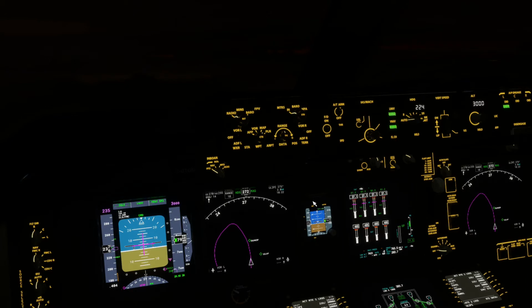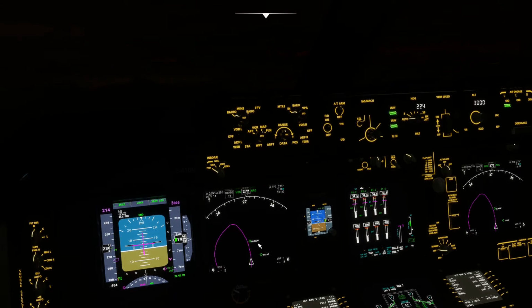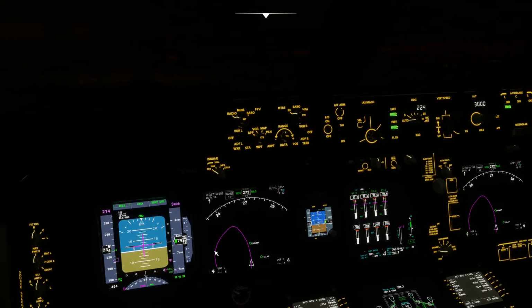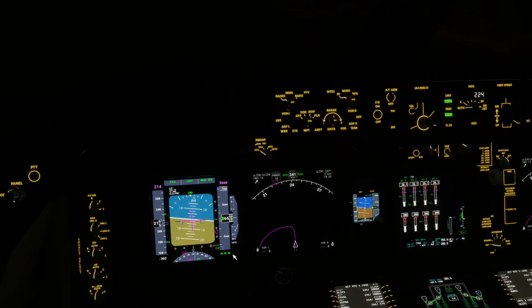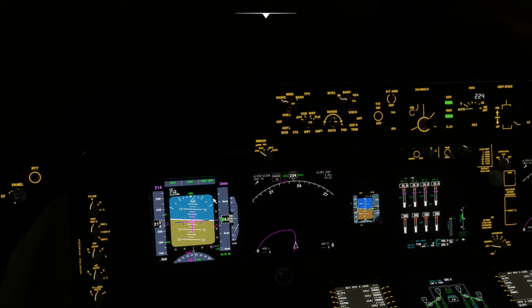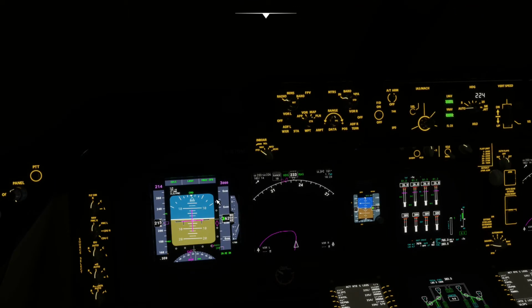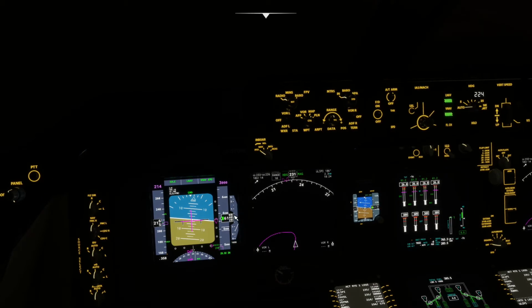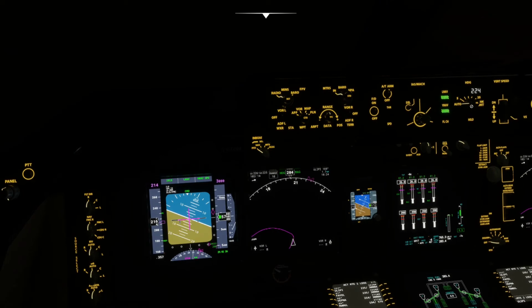And I'm actually going to lower one notch of flaps now to get the speed down and give more time to descend down to 3,000 here. And you can see the glide slope is starting to come up now. This will go above us, and then we'll intercept the localizer, and then we can turn on approach mode, and then once this comes back down, hits the center, then the plane will automatically start to descend down onto the glide slope. So I'm actually going to change the heading here